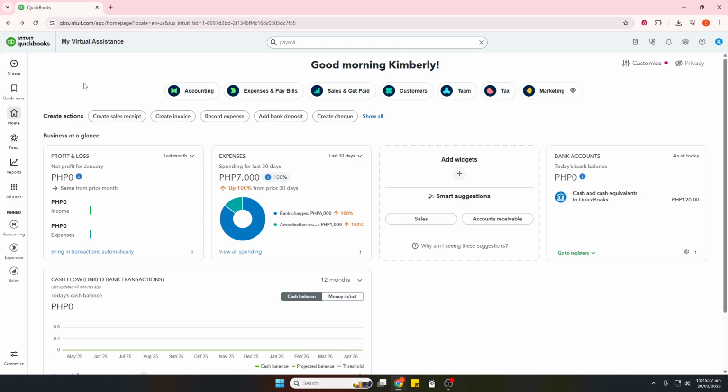As a best practice, glance at the vendor list or the bills page to confirm the status shows paid, and later, when your bank transactions import, match the cleared payment to keep everything